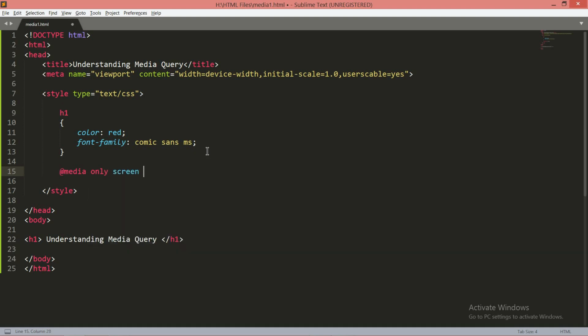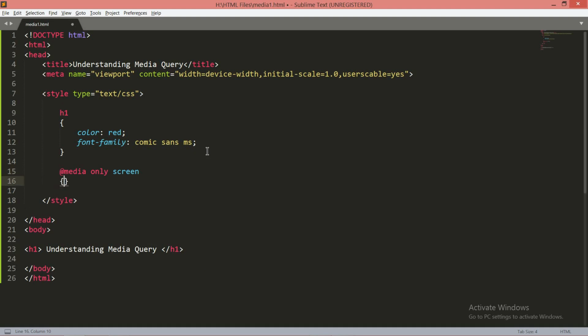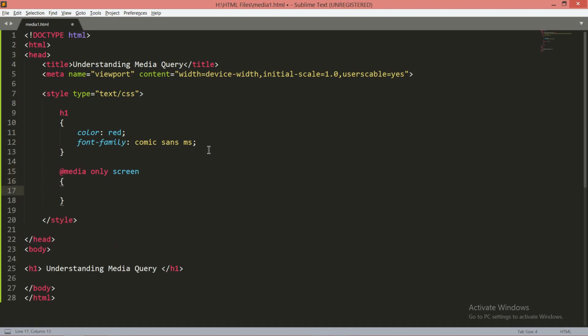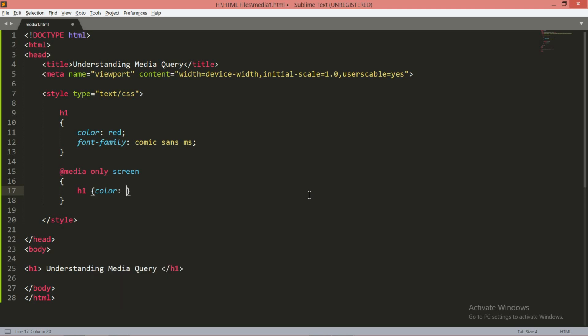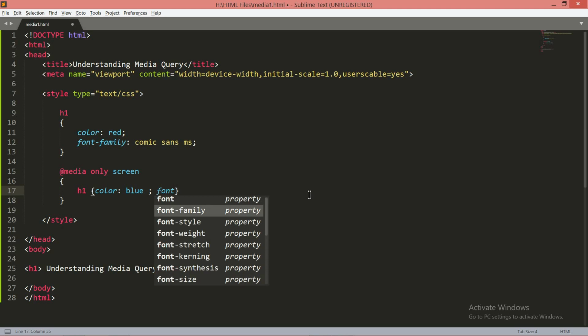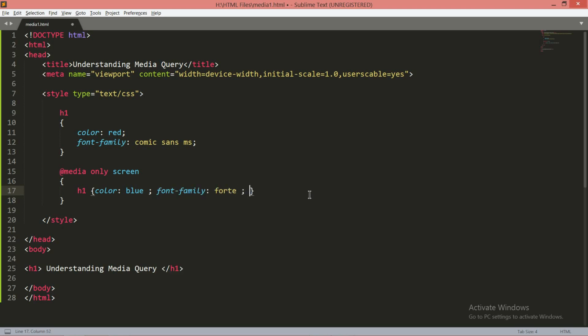Whatever property I set over here will be visible only on the screen. For the h1 tag, let the color be blue, the font family Forte, and the text alignment center.